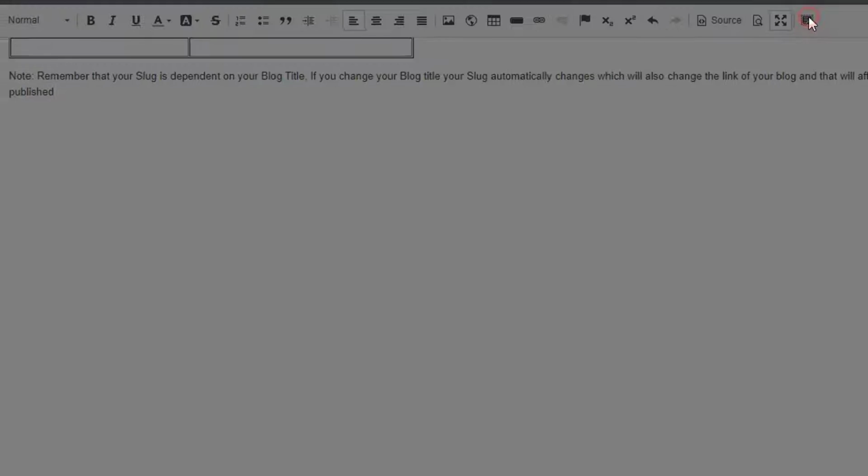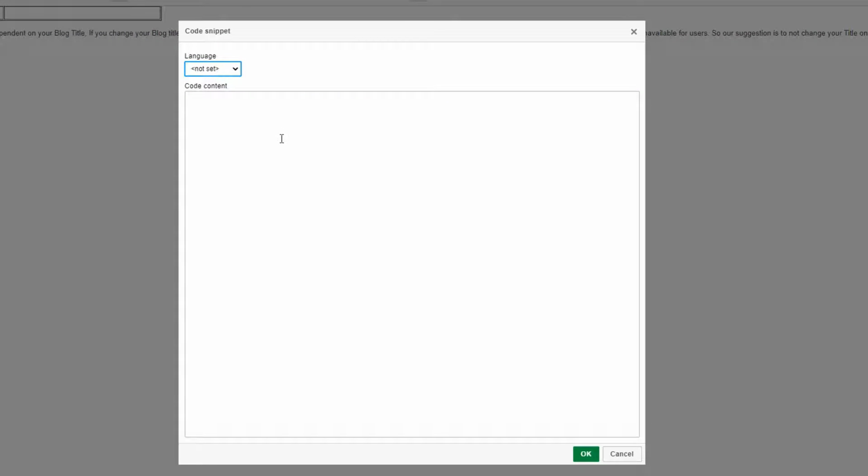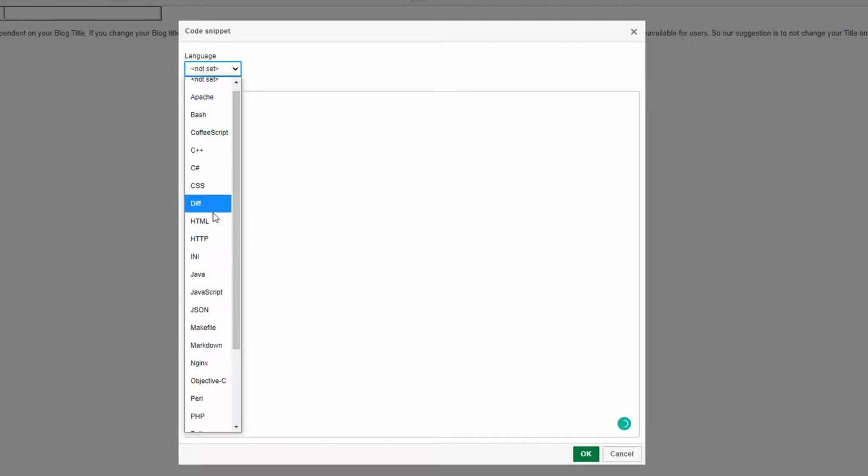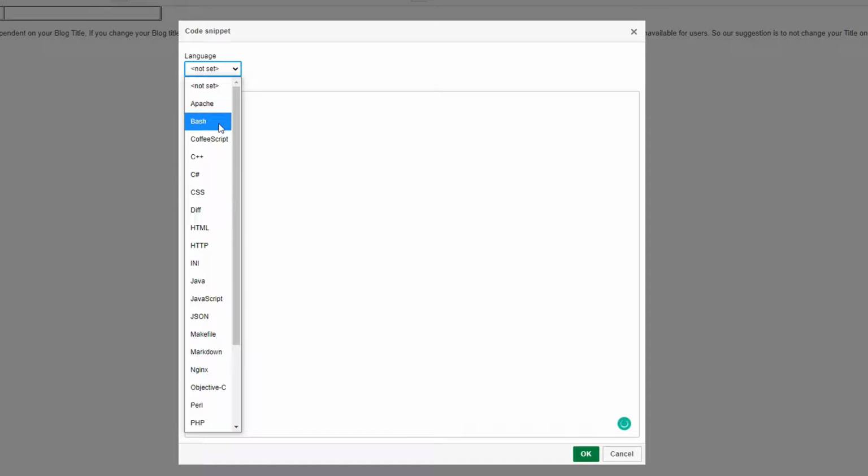This is the snippet, just click here. Now you can type anything here, any command. Let's suppose I just want to type here for Python, like this is another language, like import any, and from here I will select it. It will show you different types of languages. You can type bash, you can go for C++, any.